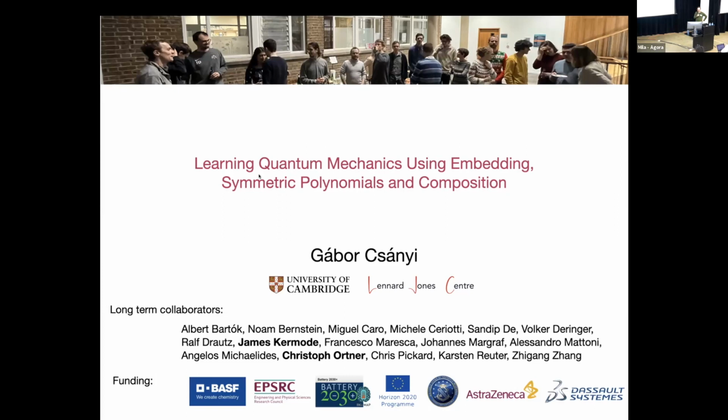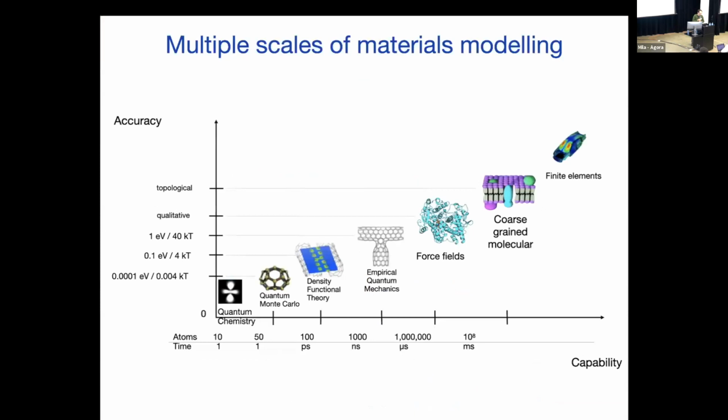And I'm here to tell you about learning quantum mechanics using embedding, polynomials, and composition. So first, let me introduce the range of materials modeling methods that have evolved over the last 50 years. They span a huge range of length and time scales. Over here on the left, we have quantum chemistry. Essentially, we know how the world works. We know the equations of matter. We know if you place a couple of atoms somewhere, what do they do